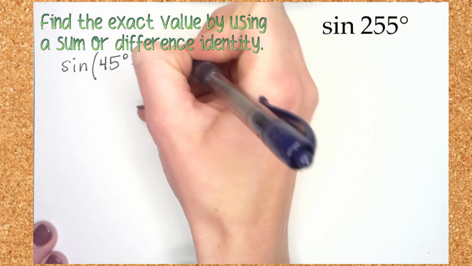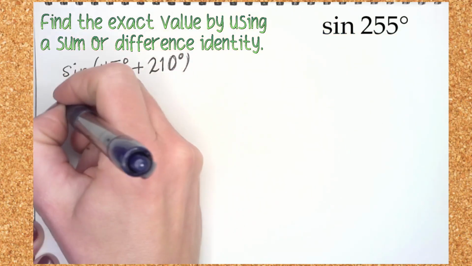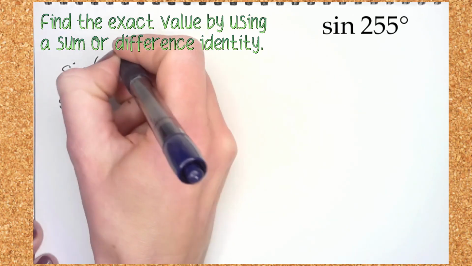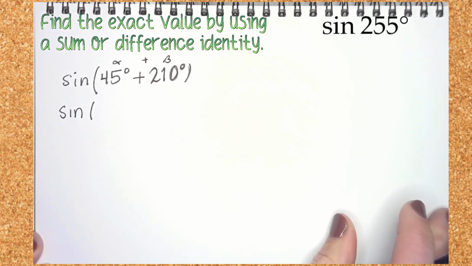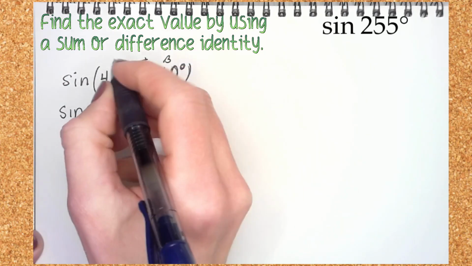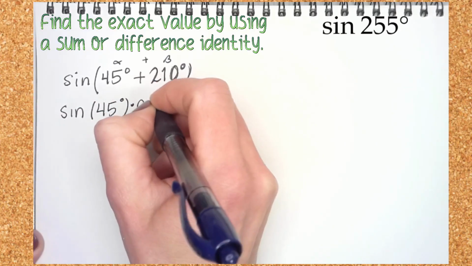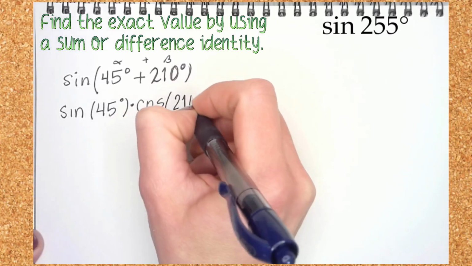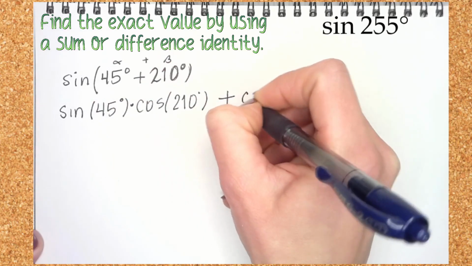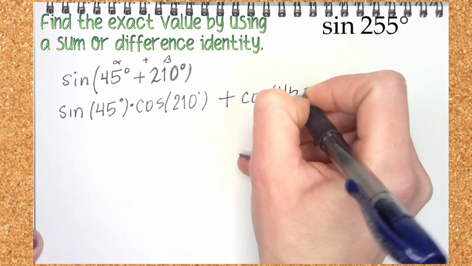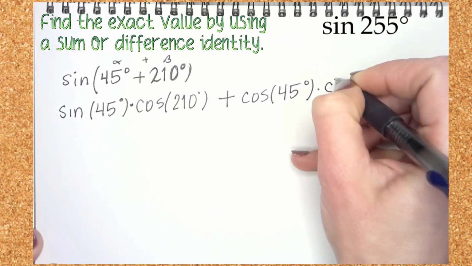From this point, we are going to proceed by writing out what my identity formula is. For sine of alpha plus beta, it is the sine of alpha times the cosine of beta. Sine keeps the same sign, so that's plus, and then we switch it around. The cosine of alpha times the sine of beta,